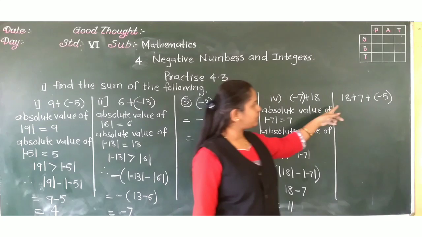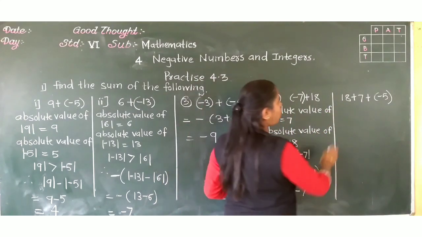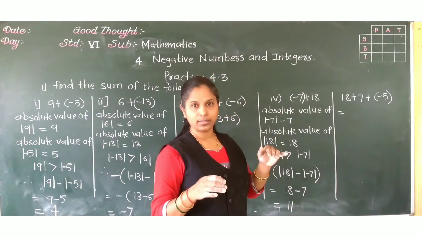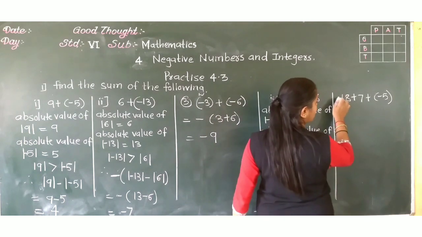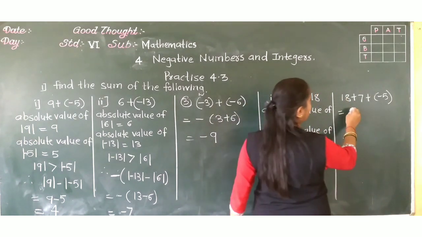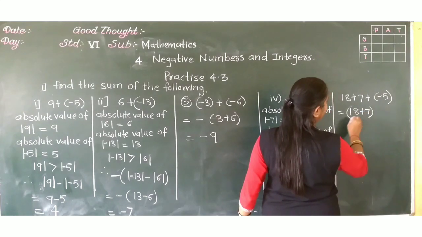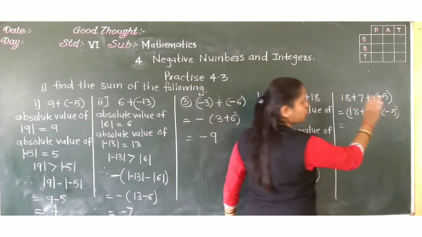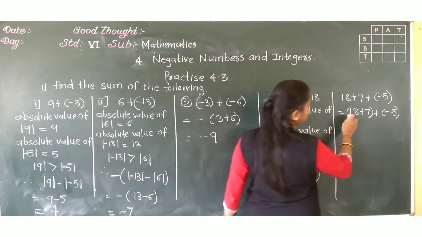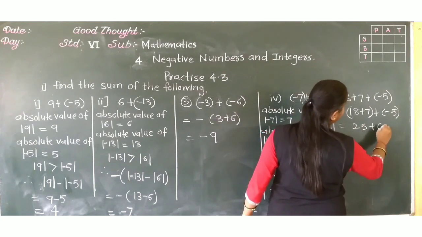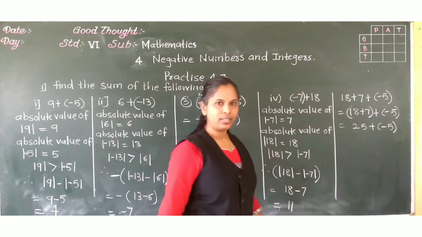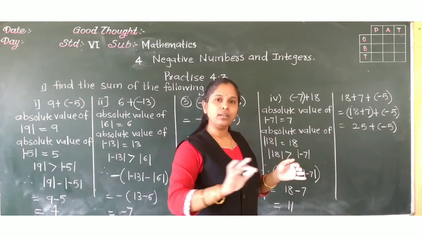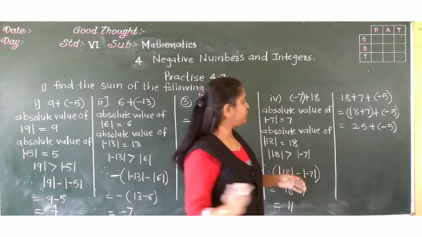Okay. Next. Now here see, 3 numbers are there. So what will we do? We will take the numbers which have the same sign together. So here 18 has a plus sign, nothing is there means plus. So 18 plus 7 we do, and then minus 5, which has a different sign, so we have kept it aside. Now 18 plus 7 is 25, plus minus 5. Got it? What did I do? The numbers having the same sign I take together, and the number having a different sign I keep aside.